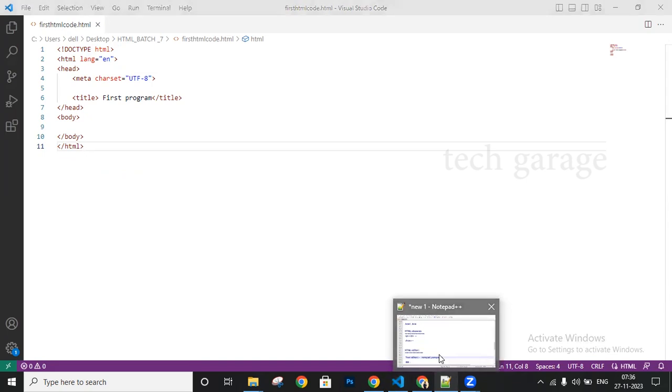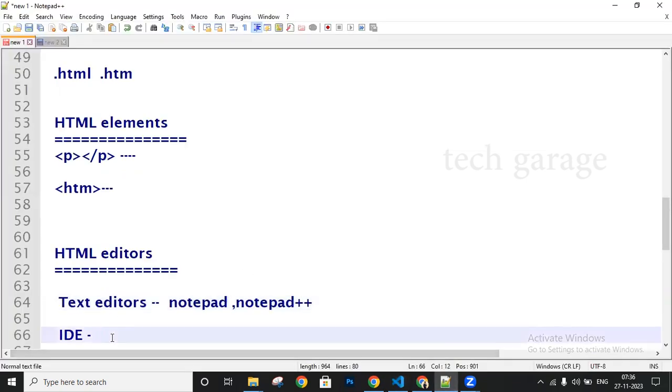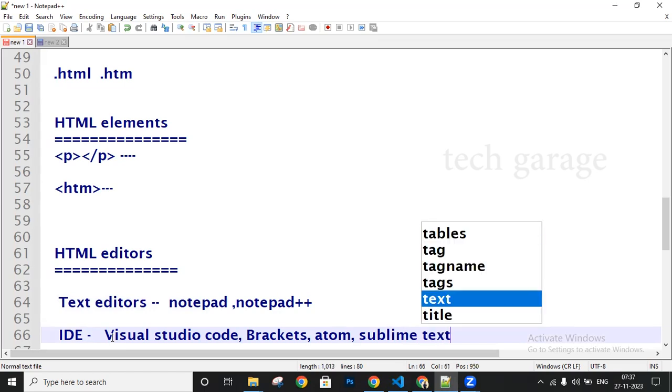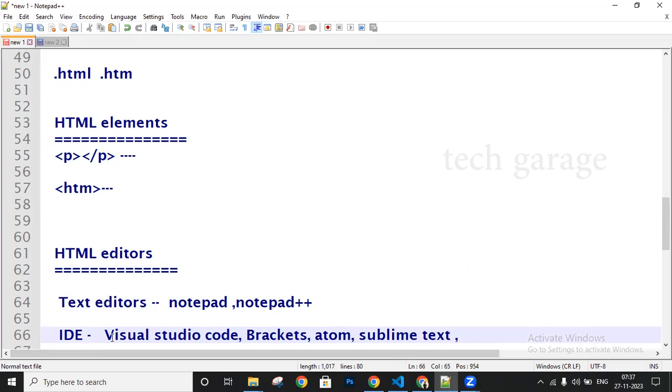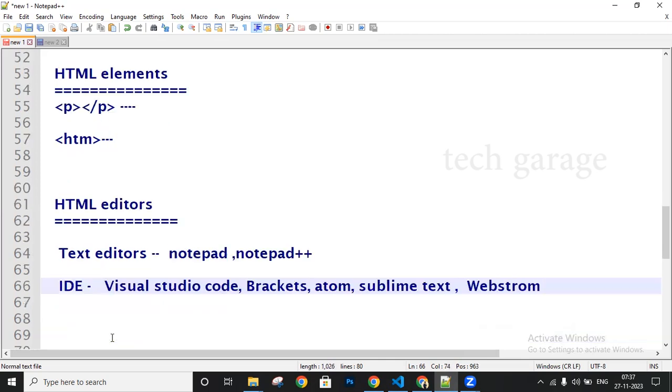Among the IDEs we have Visual Studio Code, Brackets, Atom, and Sublime Text. And also we have WebStorm. WebStorm is a paid version. You need to